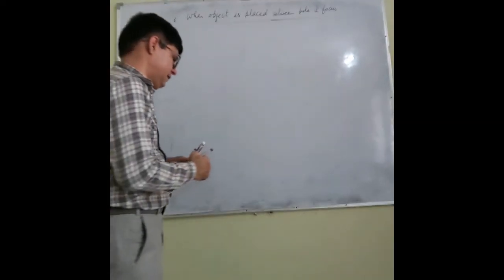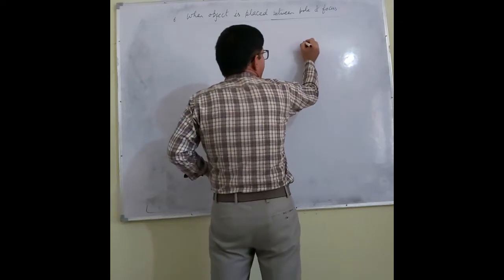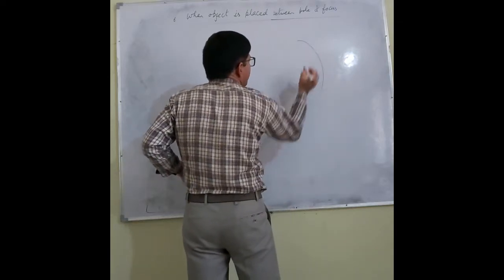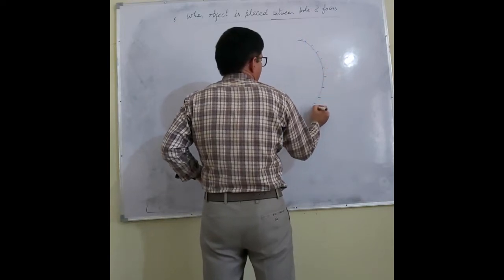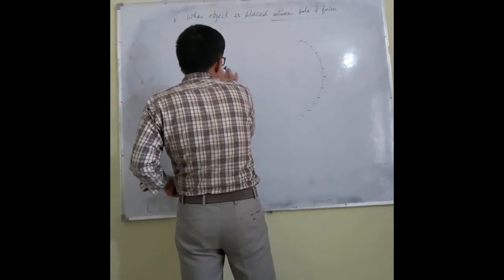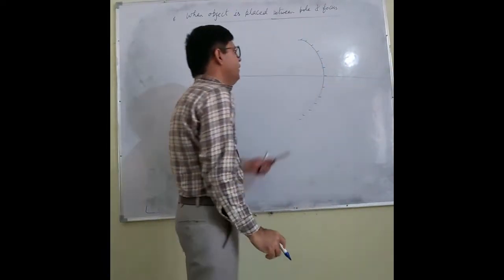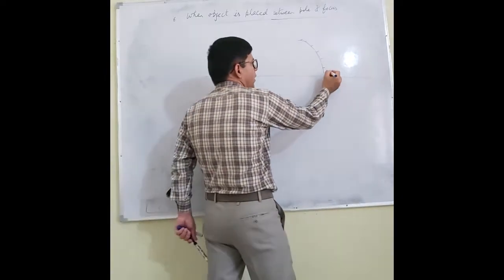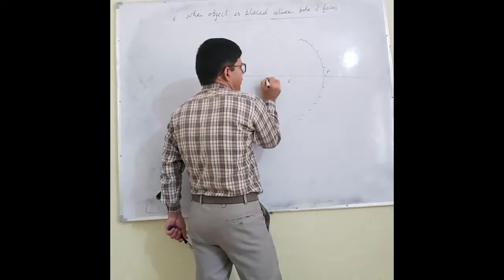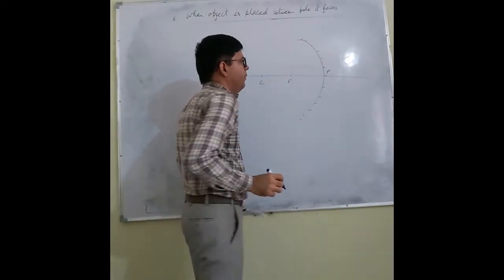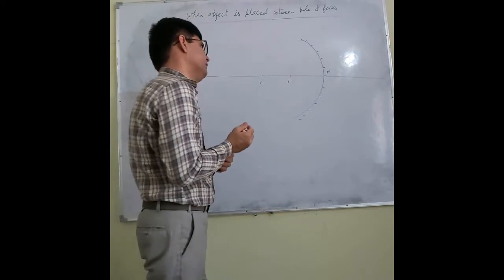Now listen, students. Let us say this is the concave mirror, and what we have to do? We have to draw a line which passes through the center of this mirror called pole, and this line is the principal axis. At a 3 centimeter mark, F. Further at a 3 centimeter mark, the point C. C stands for the center of curvature.